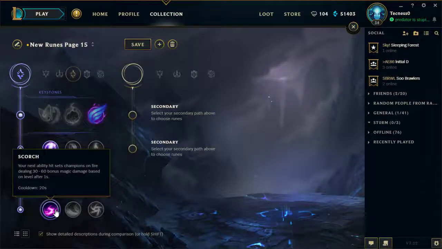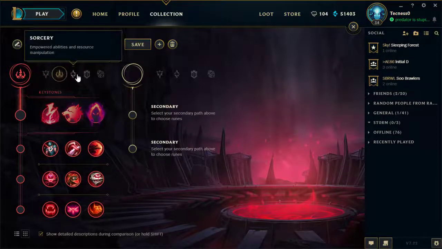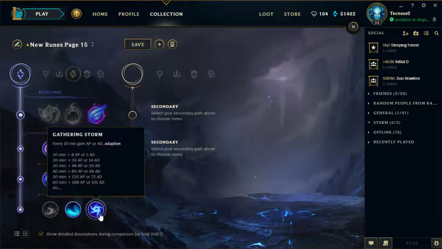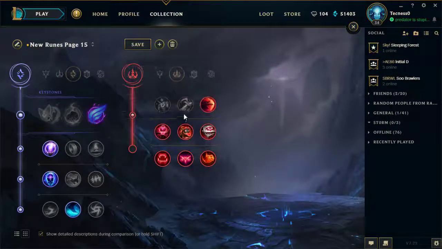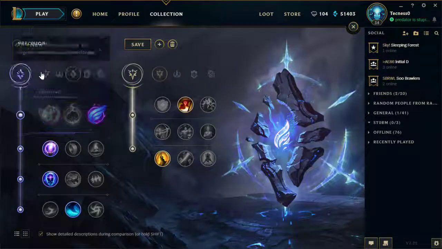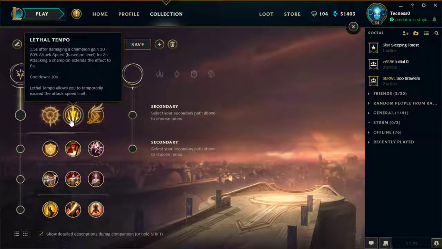Scorch, a lot of people don't like it, but I've definitely had games where it's done more damage than Predator, even if I'm using Predator on cooldown. So Scorch could be very useful. I think most people would take Water Walking or Gathering Storm in this scenario. And then as a secondary, you could take Sudden Impact and Ravenous Hunter. Or that, or that. The third option would really be probably...